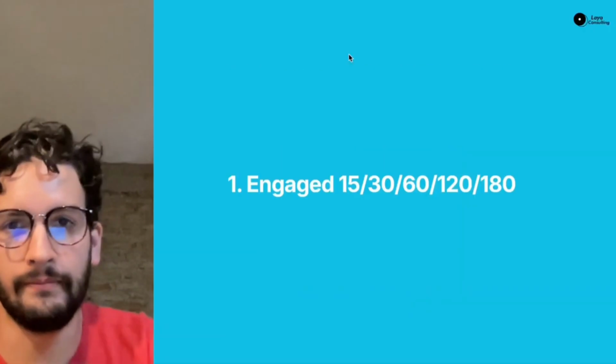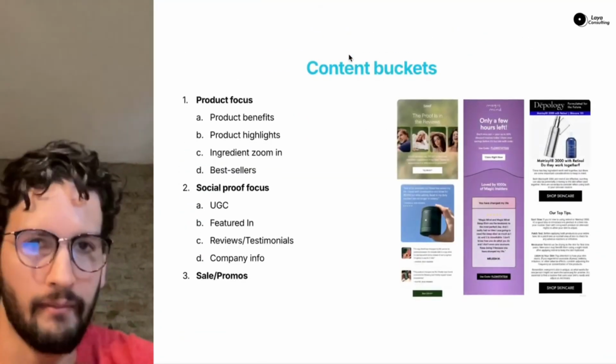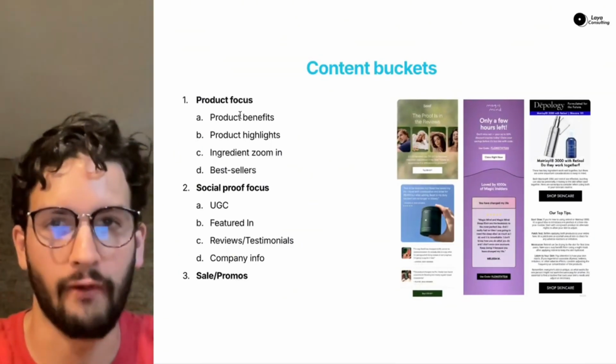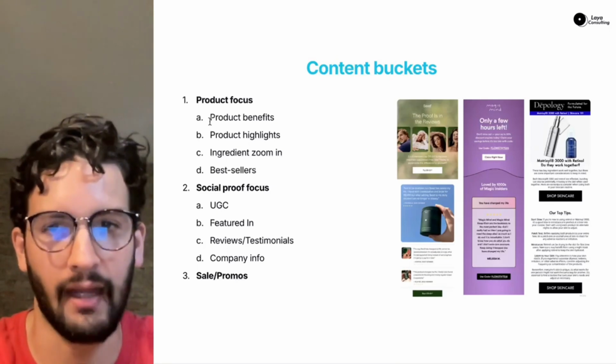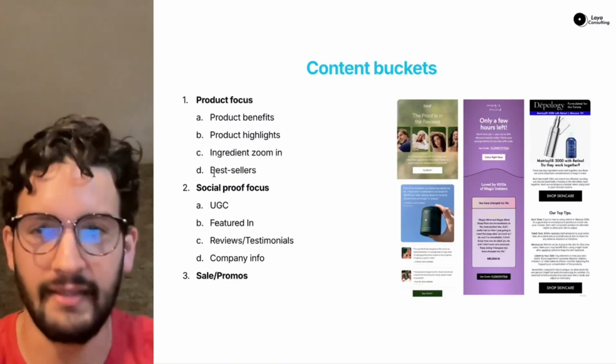Okay. Now, essentially for the content buckets and what content buckets utilize for this specific segment right here. First things first, we've got the product focus email, so product highlights, benefits, ingredient zooming, for example for skincare, bestsellers,